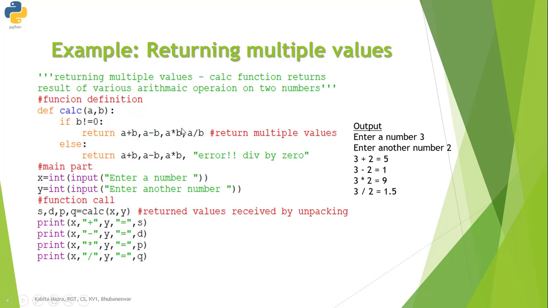As we are returning four values, that is the sum of two numbers, difference of two numbers, product and division of two numbers, we have used four variables. So let us see this example.